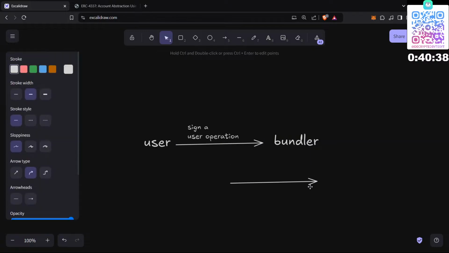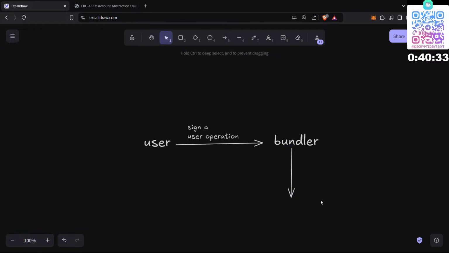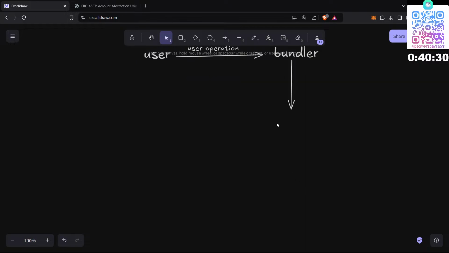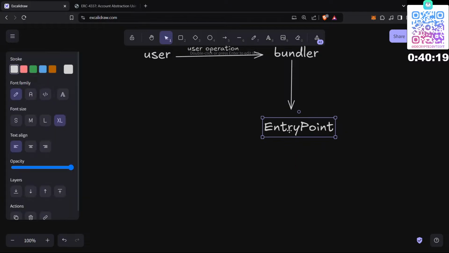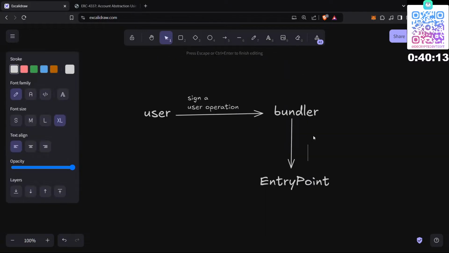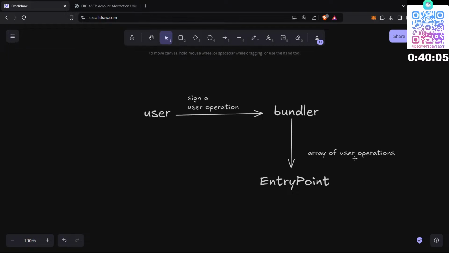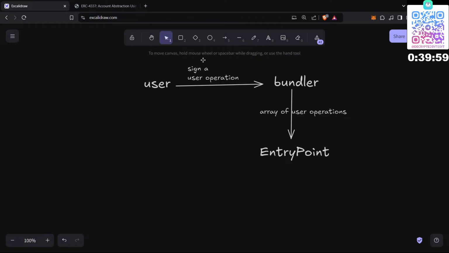Now we have this bundler. The bundler sends it to the validator, but we can abstract that. It goes to the entry point. What the validator does is put it on the network to get executed. So that transaction will interact with the entry point. This sends an array of user operations. This will be here, an array of user operations, and then we'll have